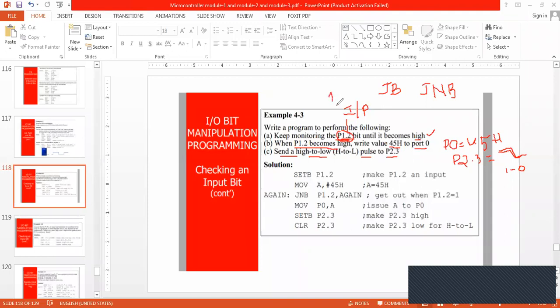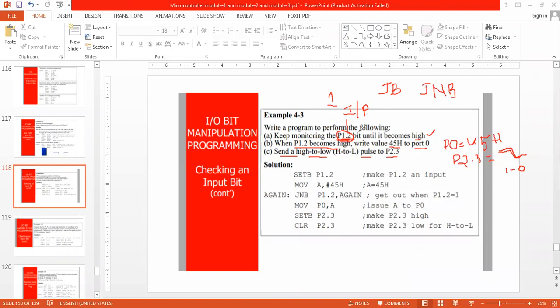If it is 0, it will act as an output. If it is 1, it will act as an input, correct? So now set bit P1.2. This makes P1.2 act as an input port.